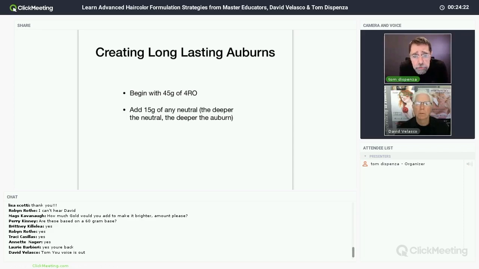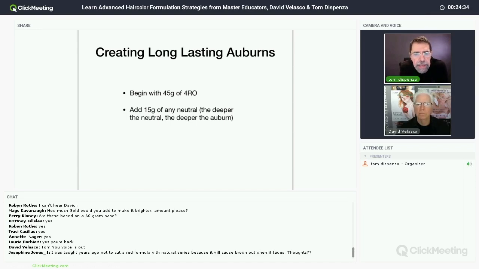I always start with more red than neutral. And I don't care how much white hair there is, it's always more red in the formula than neutral. And I do not add more and more neutral according to the depth of the hair. Instead, I always add 15 grams of neutral to a color formula of red-orange, regardless of the amount of gray. It's always 15 grams of neutral, but we change the depth of the neutral. So I want to show you